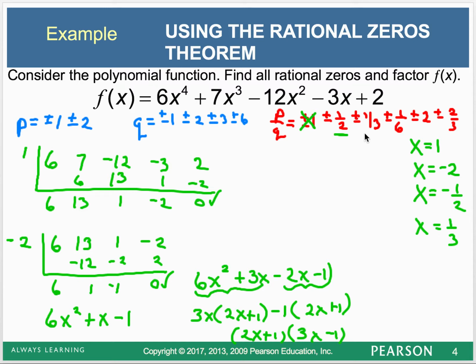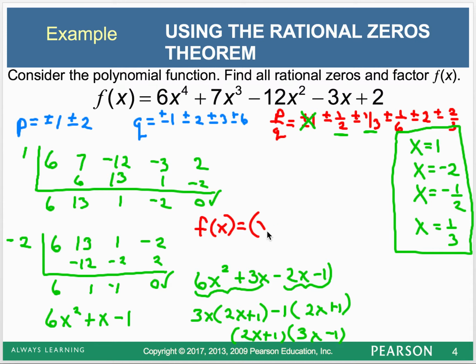Notice those numbers are listed up here in our possible zeros. So there are the zeros, but it also asked me to factor it. So here are two of the factors, and then the other two I can get from this. If x equals 1 is a zero, then I have x minus 1 as a corresponding factor, x plus 2 for this corresponding factor, and then of